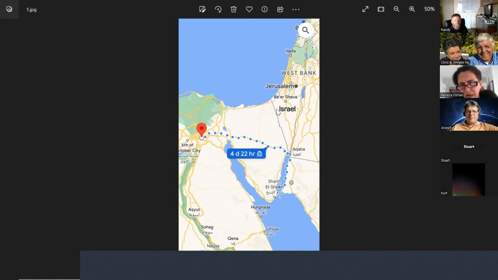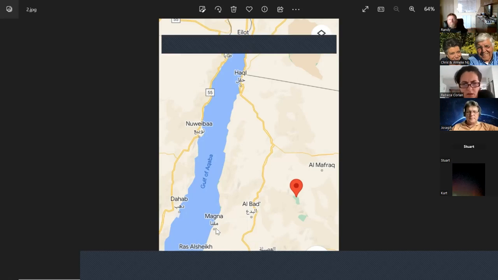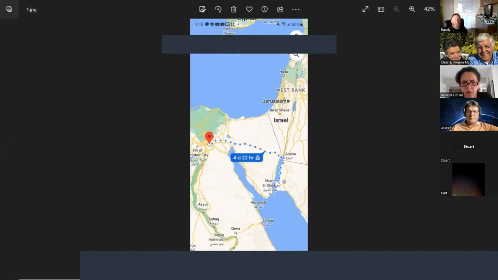For other reference, we have Israel right here. This is Israel, and then Kingdom of Jordan and Saudi Arabia today here. So ancient Midian, and this is the area of our interest. So again, closer, Gulf of Aqaba, which is like here. If we have in mind these two gulfs, the main body of Red Sea is down here, but Gulf of Aqaba is where we